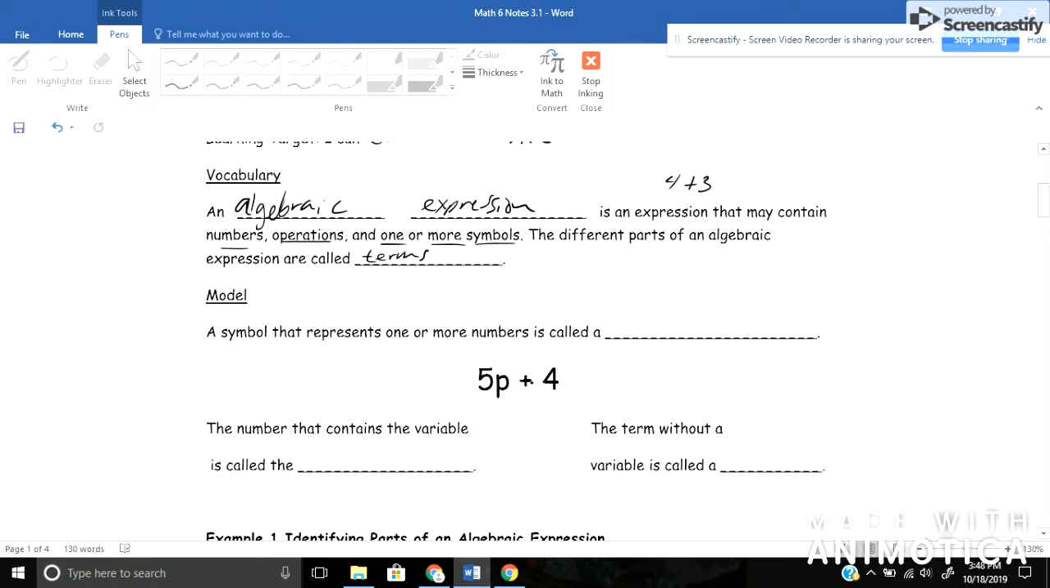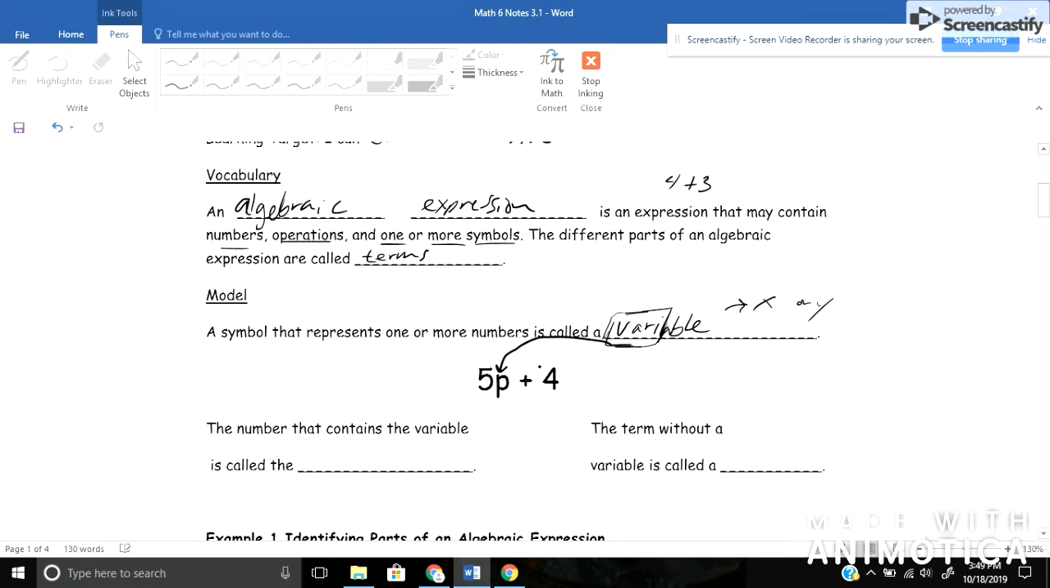Here is an example, 5p plus 4. Another vocab word that we have is a symbol that represents one or more numbers is called a variable, because that number can vary. The root word there is vary. So it can change, in other words. Okay. A lot of times, the most common that you'll see used in algebra is x or y. Mathematicians often use those two. And in this case, I'm going to point to that. Our variable in this